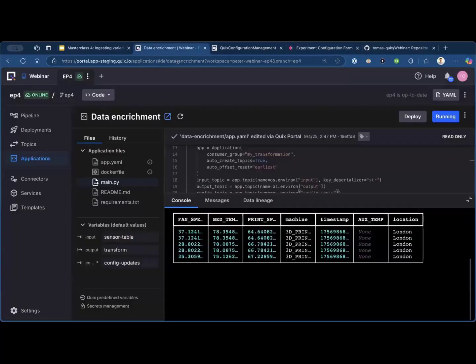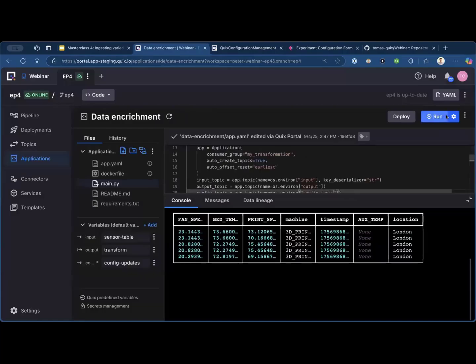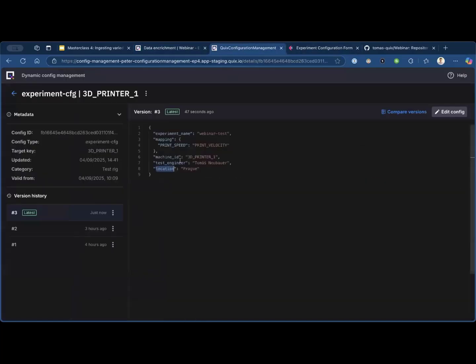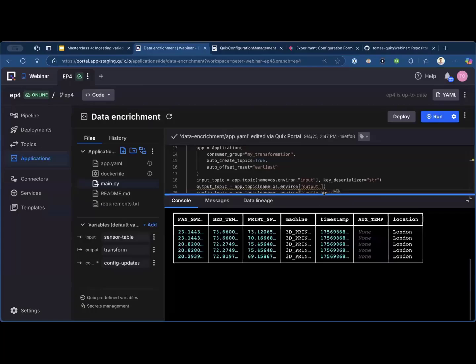So if we go back here, why we would do this? Why we would join these two topics? Well, at this point, we want to leverage that field. We maybe don't need to leverage, I don't know, the test engineer or machine ID or experiment name, but we just need to use the location because maybe we want to use it when we sync the data to the database. So we index data by location. So if you remember before, here we have,